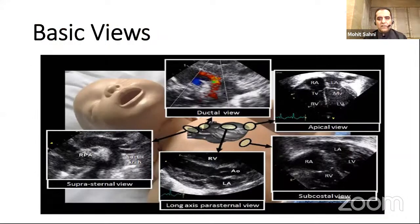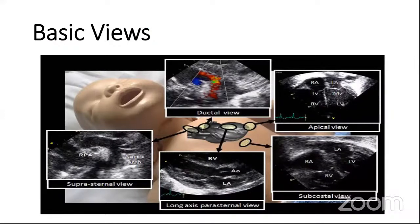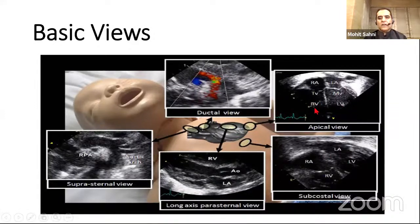So regarding the basic views, there are different views on the baby's chest, and we have different windows to get these views. We start with the apex: apical 4-chamber view, 5-chamber view. Then we have